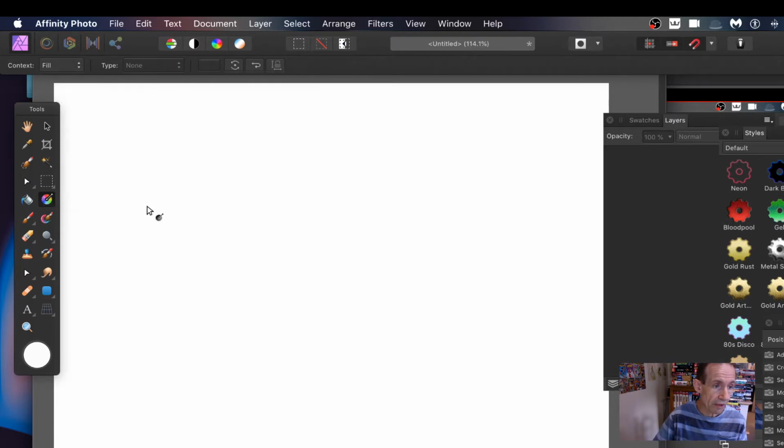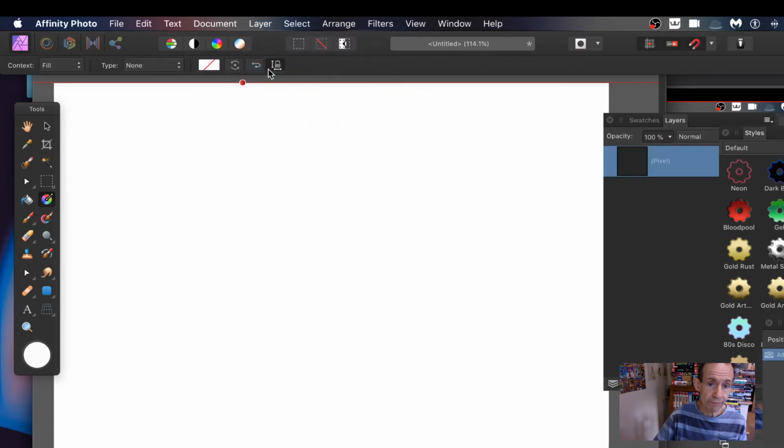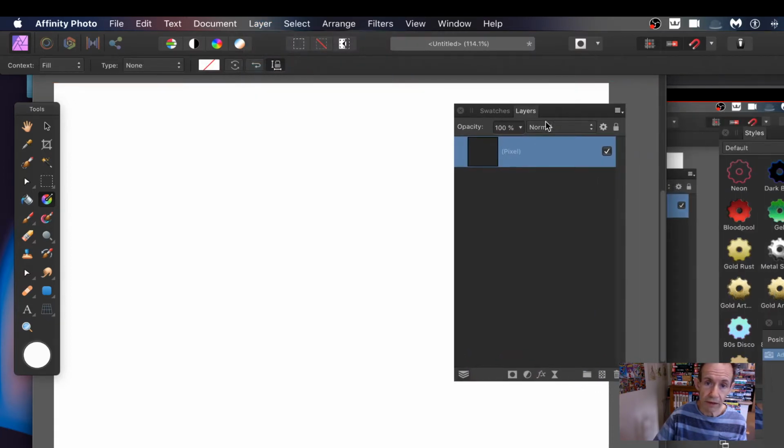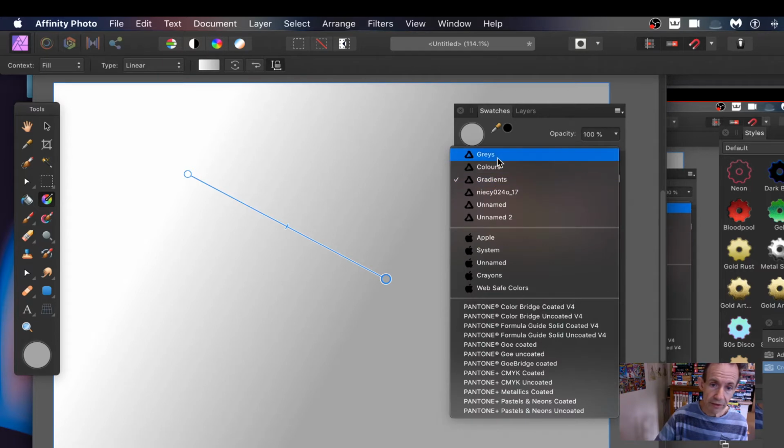So first thing, go there, gradient tool, and you need a layer. So layer and new layer. Now I'm just going to move that over there. You can see now I've got a layer, a pixel layer, and I can add a gradient to that. Now it defaults always to this white and grey. I don't know why. It would be nice if it defaulted to something else, maybe the last used. It doesn't do that. What you can do, you can go to swatches and then you go down to greys,